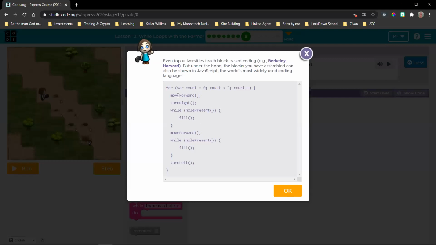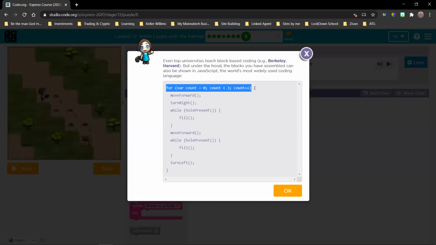This is what it looks like. So there's that loop that we have. Actually only to there. Let me just take this back there. This is a for loop, and they've already done all the fancy stuff for us. This count and count and count, we'll do that in a later stage. So they've already done that for us.